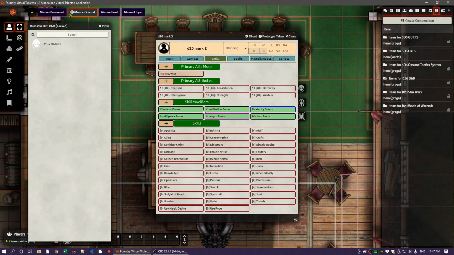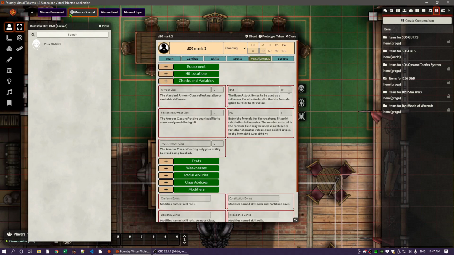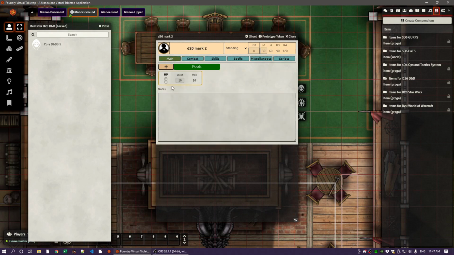So the spells and skills are all imported at zeros, the primary attributes at 10s. The combat starts with the two basic ones, although the base attack bonus should probably default to 1, and the hit dice to 1. So now if we go back to combat, we can see that they've changed to skill 1. And the main just includes hit points. And it starts you off with 30 feet. You can change that to 20 feet, and it'll recalculate as you wish. And for your initiative modifier, you stick that up in here, and